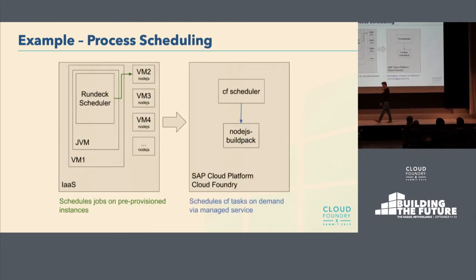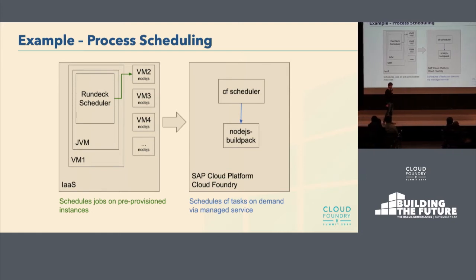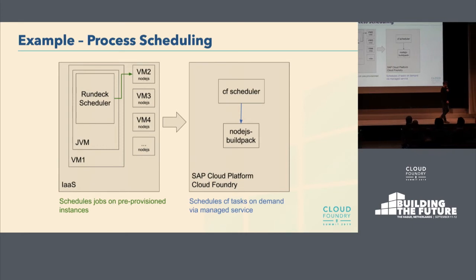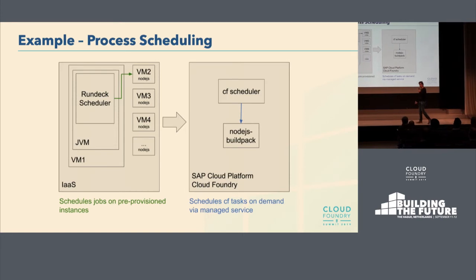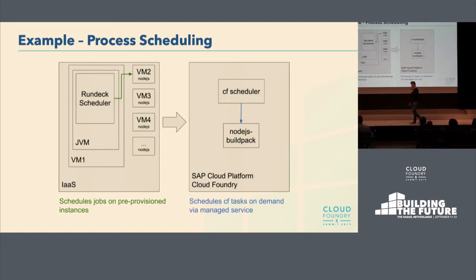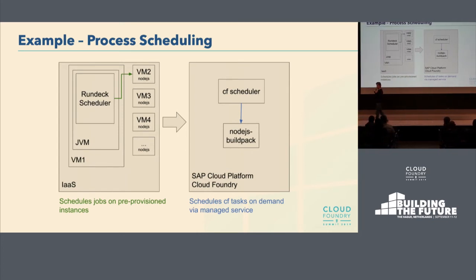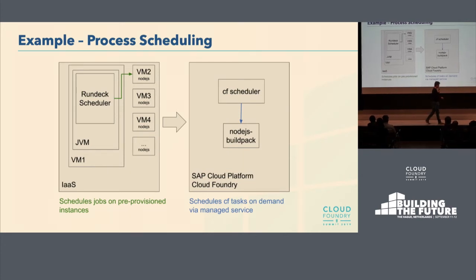Another example shows how awesome managed services are. We have a component which schedules jobs on a bunch of VMs, and the previous infrastructure we were using didn't have a native scheduler, so we had to use Rundeck, which is an open source scheduling software, and we had to pre-provision the VMs on which we were running the jobs. Obviously, automating that was very complicated. Rundeck has users, and we need to provision the users, the jobs, and the VMs. A lot of effort.